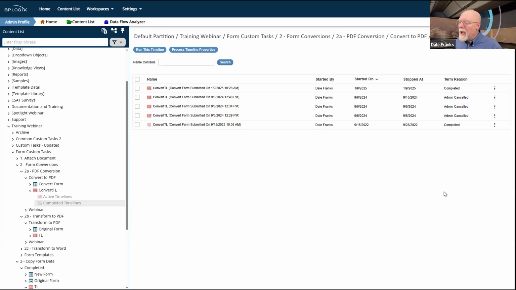Can I use the convert to PDF to also capture the routing slip of the original form instance? Yes. If you have a routing slip on the form, it should convert to PDF and be displayed in the PDF file as long as it's visible on the form itself. It should be visible when the convert to PDF custom task runs, so that the image of your routing slip will also be part of the PDF. So in the case of the archiving, if you want to go back to something that was 5 years ago and take a look at the routing slip, it should show up on that PDF.